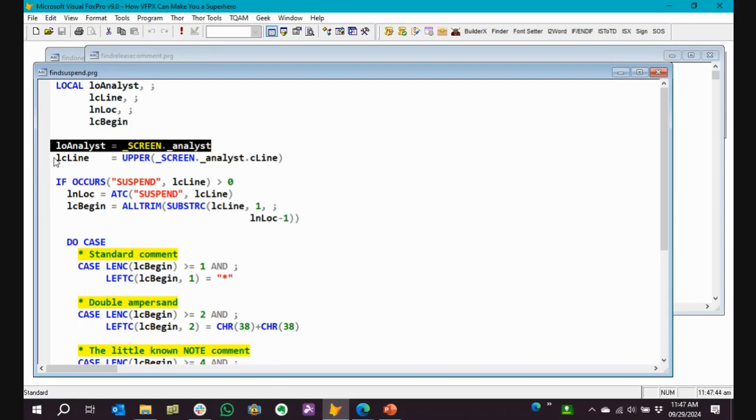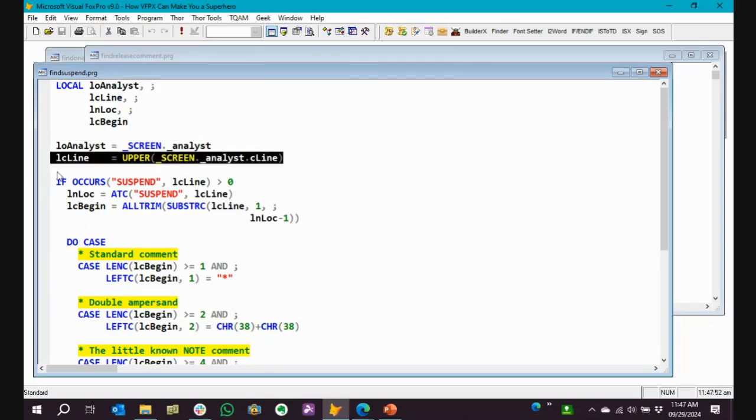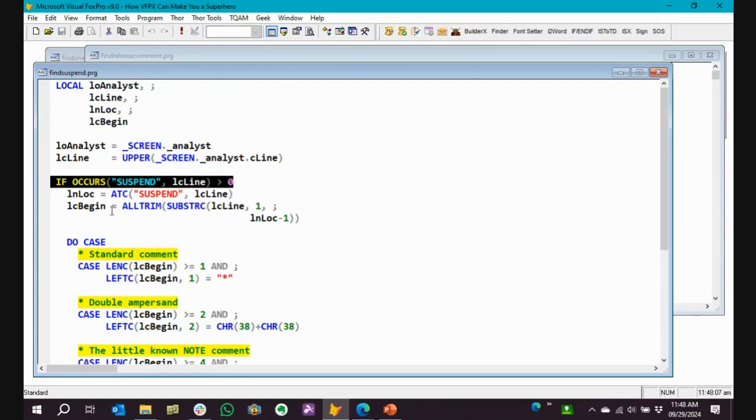When you run code analyst, it creates an analyst object on the underscore screen object. In this case, it's a line. I'm looking at each line of code within whatever procedure, method, or program that I'm running. So I get a reference to that, or I get the string of the line of code. And then I just check to see if suspend is in that line and how many times it occurs. Usually it's only going to be one.